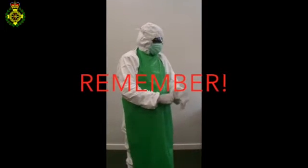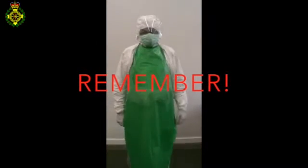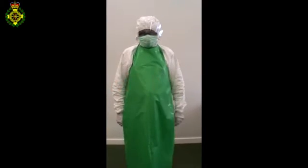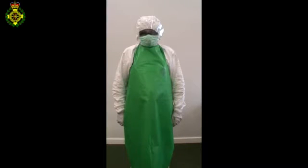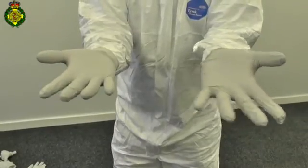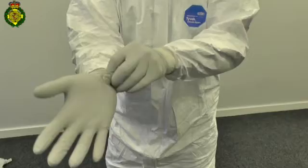Remember, if you are wearing PPE, you are wearing it for a reason. Do not touch or scratch your face or any exposed skin once you have been in contact with the patient, as this could spread the disease to yourself. If you are wearing 2 pairs of gloves, remember the importance of changing a top pair on a regular basis